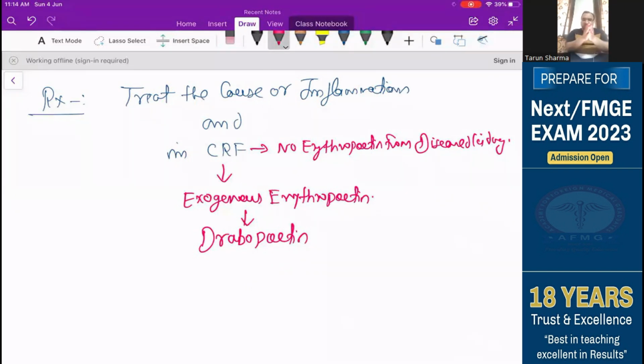So we have covered today one of the very important anemias, the iron deficiency anemias, and anemia of chronic diseases. In the next lecture, I'll tell you how to differentiate anemia of chronic disease and IDA from the